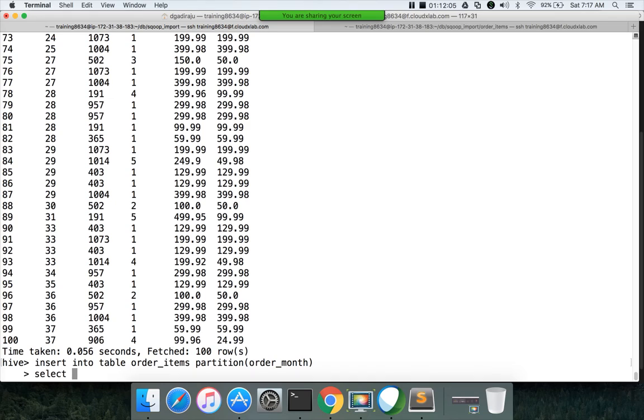Then select OI dot star comma O dot order date. We have to join both the tables to get the order date, because order date is in the orders table.